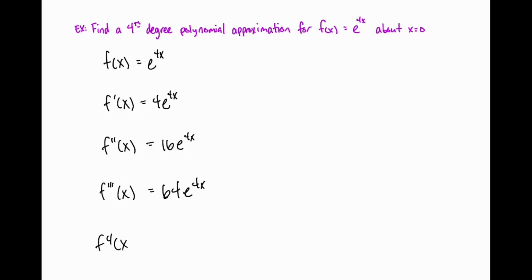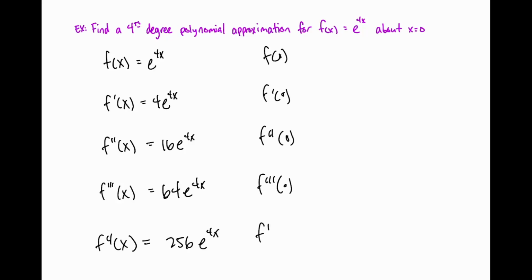The fourth derivative would be 64 times 4e to the 4x, 256, right? 256. And you say find f of 0 and f primed of 0 and f double primed of 0 and f triple primed of 0 and f to the fourth derivative of 0. And you take those things and plug them into your Maclaurin polynomial equation,